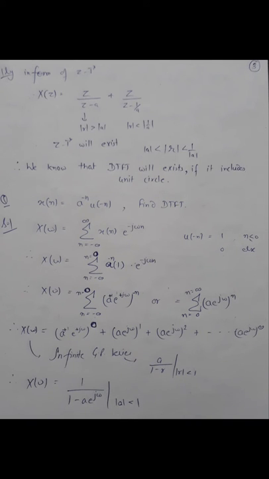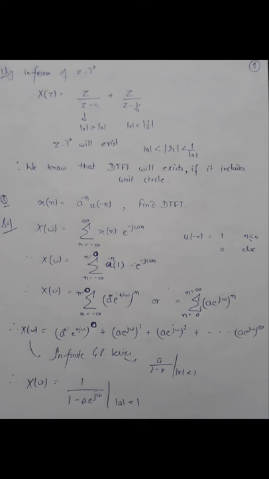If I go for the similar case for the Z transform, the first part will be Z upon Z minus a, the second part will be Z upon Z minus 1 by a. For the first, ROC is mod of z greater than a, for the second it is less than 1 by a, so ROC will be from a to 1 by a. So we know that DTFT will exist if the ROC includes the unit circle.